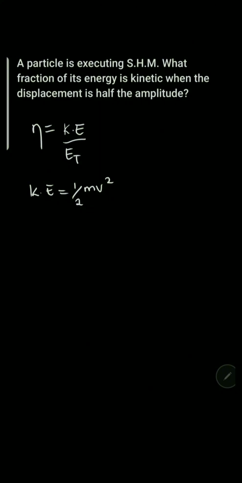That is to say, we need to know the actual formula for a particle undergoing simple harmonic motion. Now here we are not given this at the mean position, hence it means that it's just at any point of the motion. So if that's the case, to find velocity at any point,